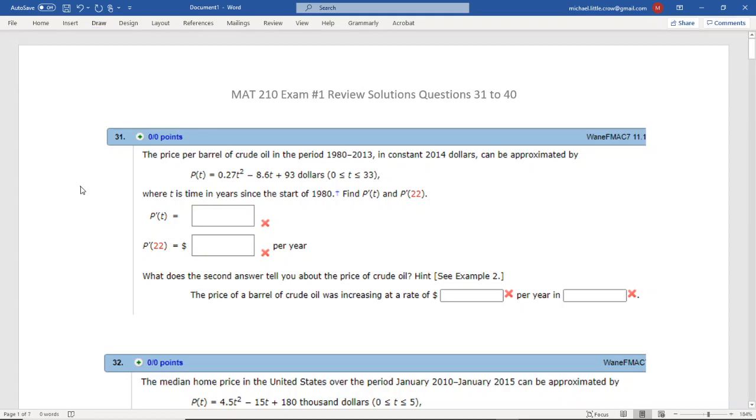We are asked, where T is time in years, to find P of T, P prime of T, which is the derivative, and then we also want to get the derivative at 22. So to get the derivative,